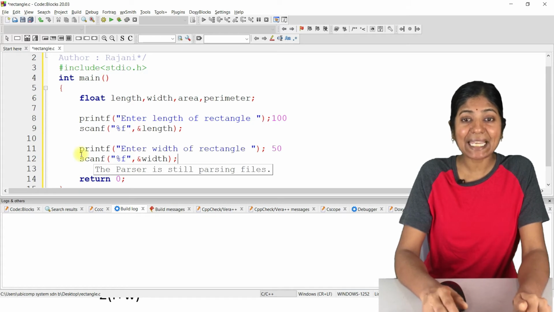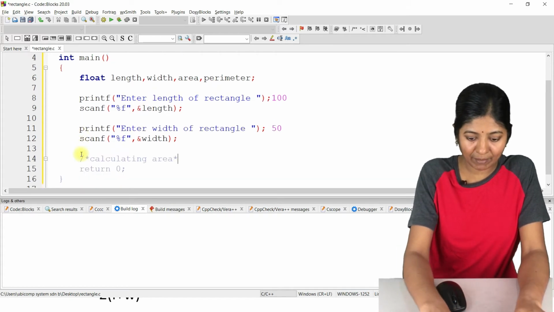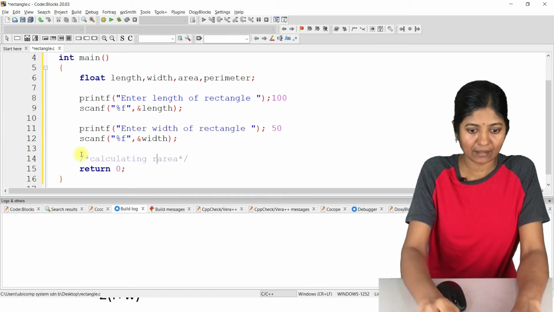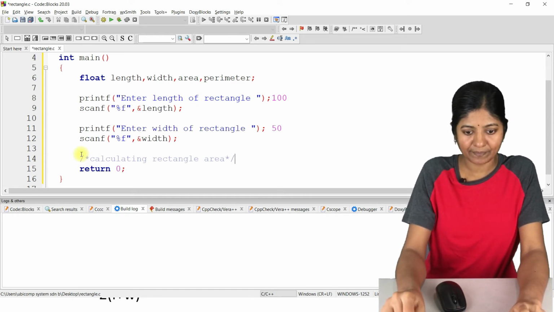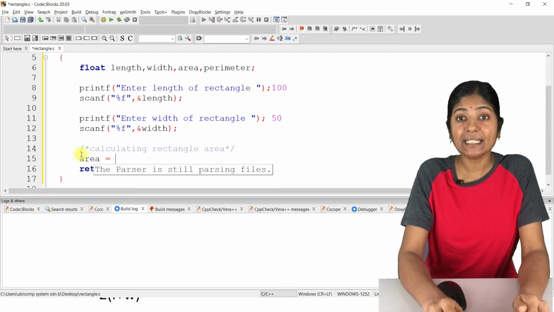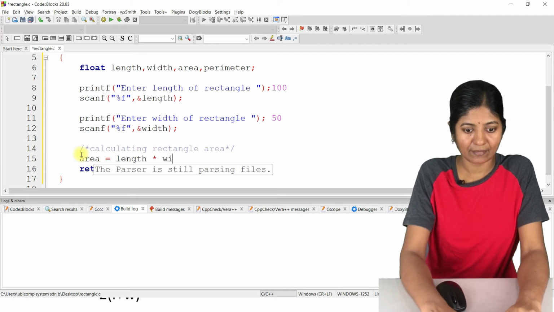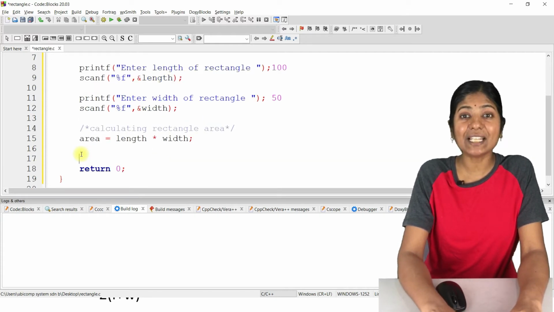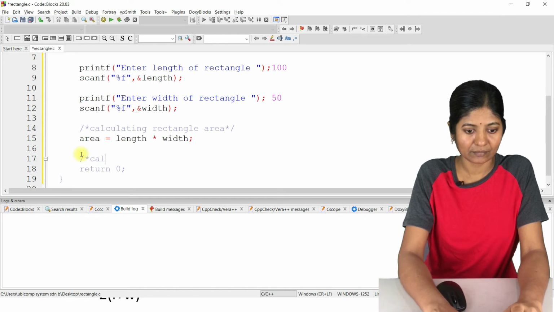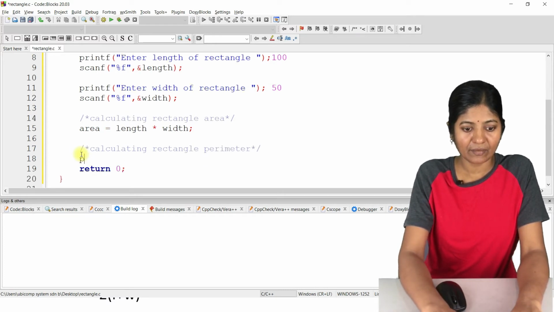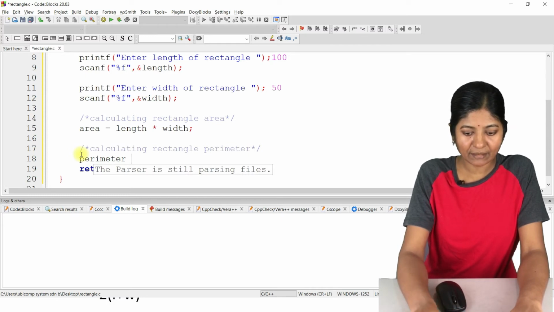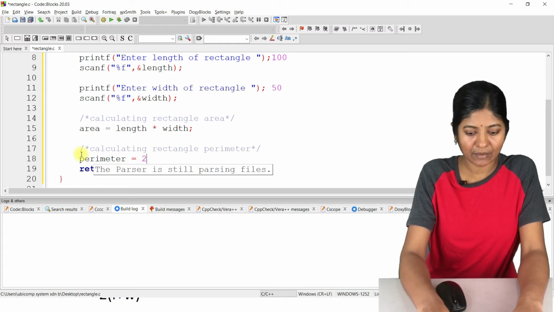Now we need to calculate area and perimeter. Let's give a comment, calculating rectangle area. Area, we need to assign the area the value of the product of length and width. Let's calculate perimeter. We need to write perimeter. We need to assign the perimeter 2 into